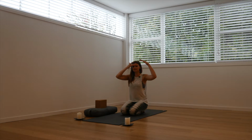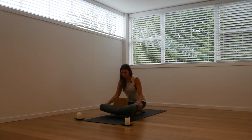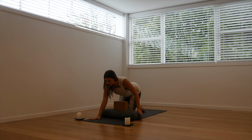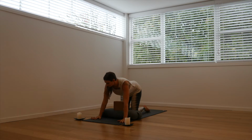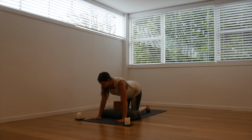Kind of has this washing quality, like your gaze gets really soft. It's really quite lovely. So, puppy pose with something under your forehead, or assemble your props about a third of the way down your mat, because you'll have your hands over the top, your feet to the back for supported downward facing dog. Then place your hands out a shoulder width apart, spread through your fingers, and lean your weight